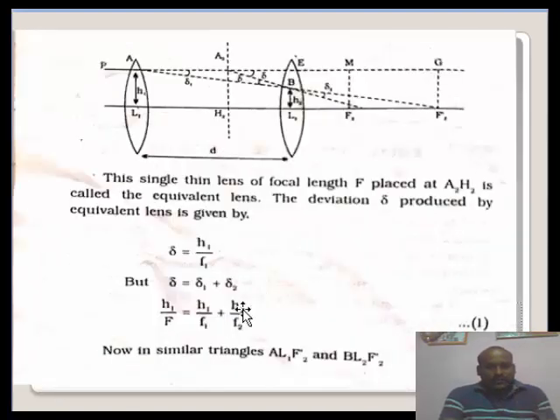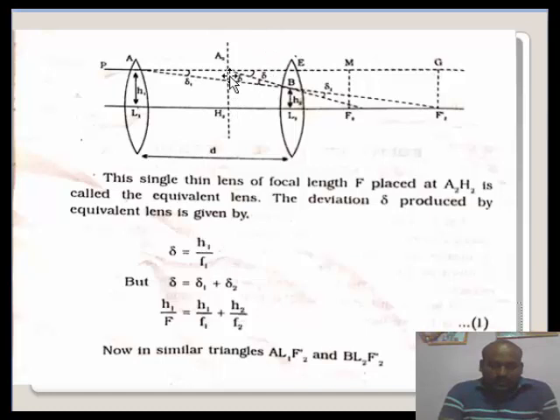Next, look here. A single thin lens of focal length f, placed at A2 S2, is called an equivalent lens. I already told you what property it shows: it is equivalent or effective. Just as we consider a resistor as the component and resistance as the property, an equivalent lens, if placed there, shows the equivalent property. The deviation delta produced by the equivalent lens is given by delta equals h1 and